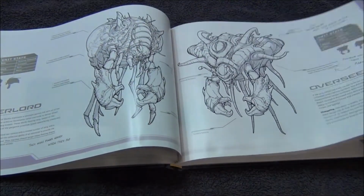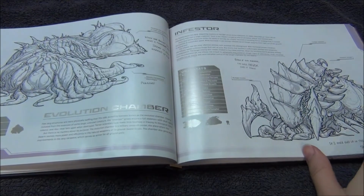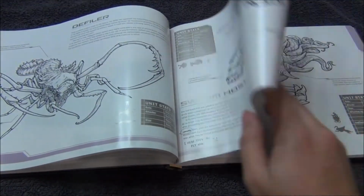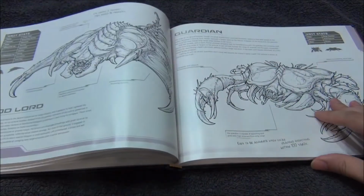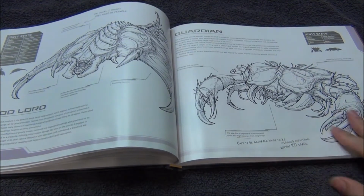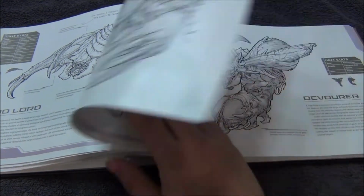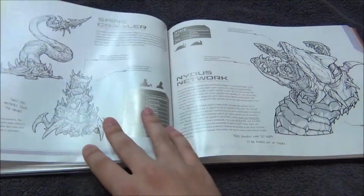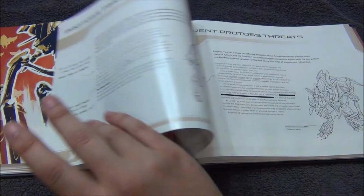So we get to go through all of the Zerg stuff, including the evolution chamber and the mighty Ultralisk and all that jazz. And then we get eventually to my favorite of the bunch. I find this is one of the games which I don't gravitate towards the human faction. I still really like the human faction a lot, but I am a big Protoss fan, and that's what we're eventually getting to. So here we are with the Protoss,